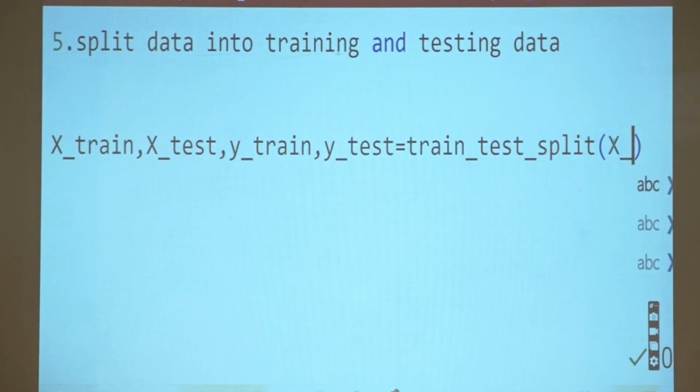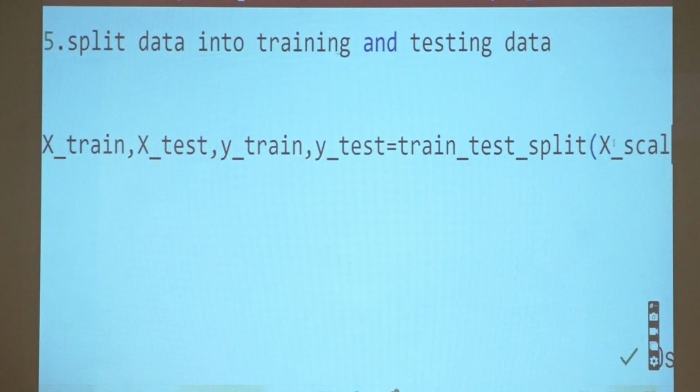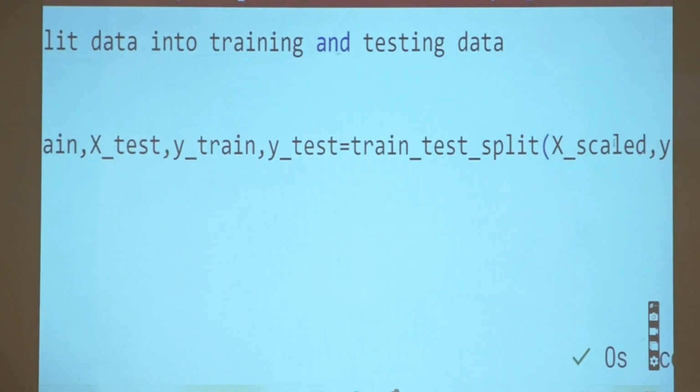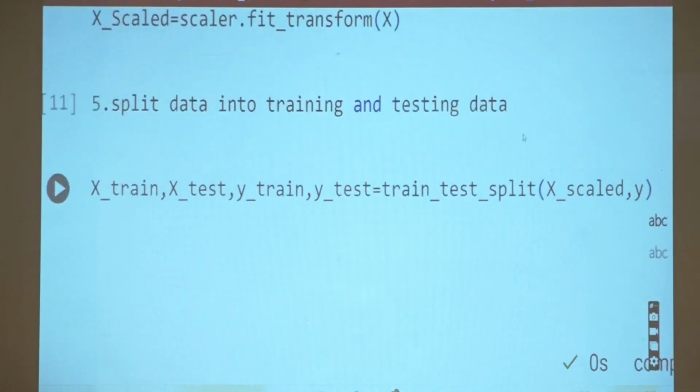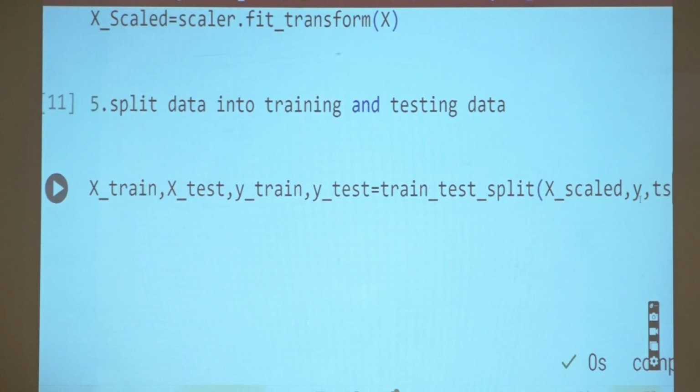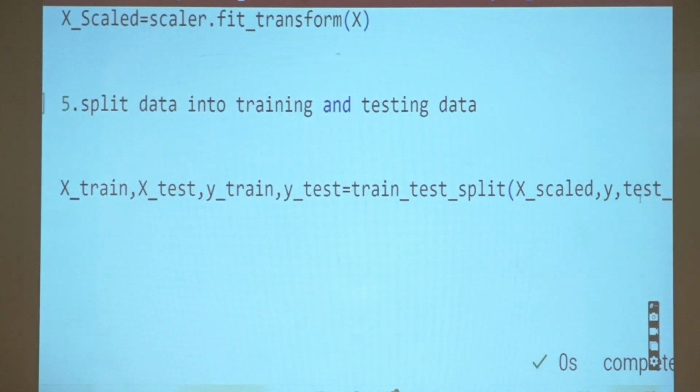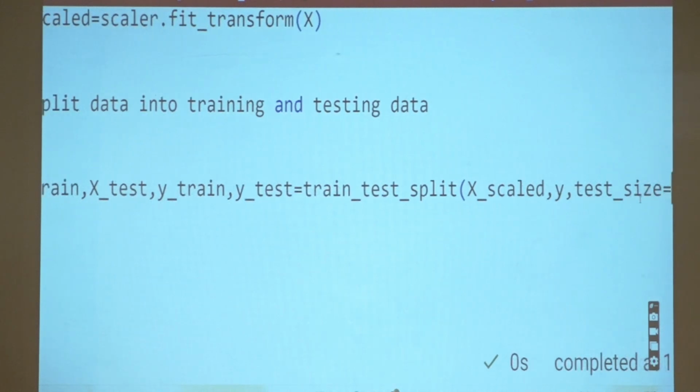So we'll see what are the parameters we are passing inside the function train test split. Which data am I using for train test? I am not using direct x, I am using scaled x data. That is, after I perform standardization, I have used a variable called x scale. So I call that, comma y, comma test size is equal to